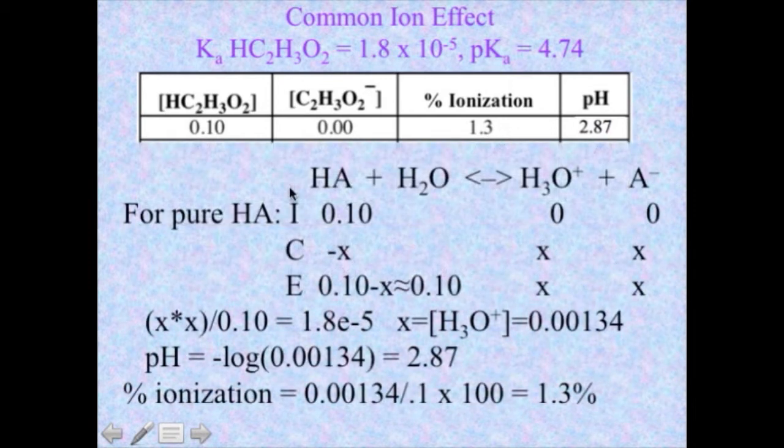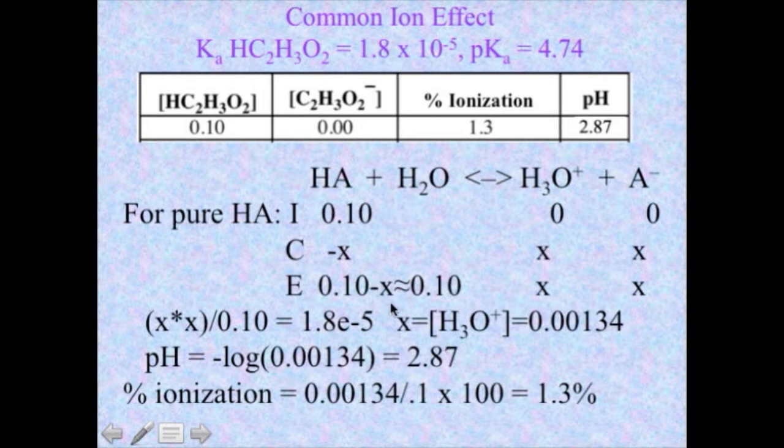All right, well, this is just a weak acid solution. We don't have any extra added conjugate base, acetate. So for this situation, it's 0.1 molar of the weak acid, 0 of hydronium initially, and 0 of the acetate. For change, we say minus X for the weak acid, plus X, and plus X for the products. And then, at equilibrium, we have 0.1 minus X, and we use the X is small approximation because the Ka